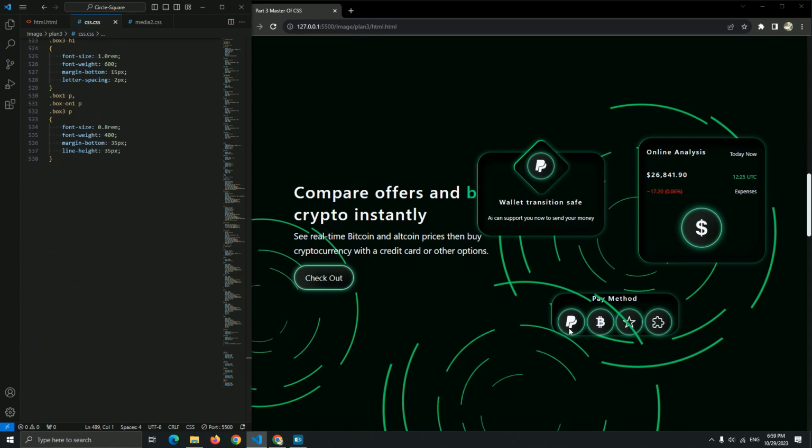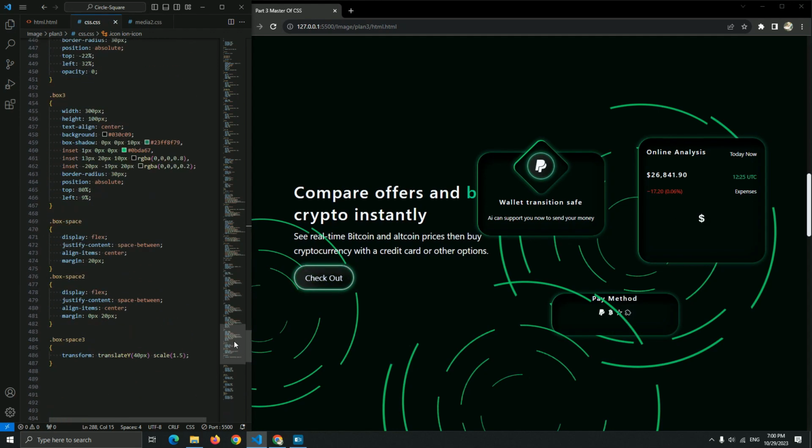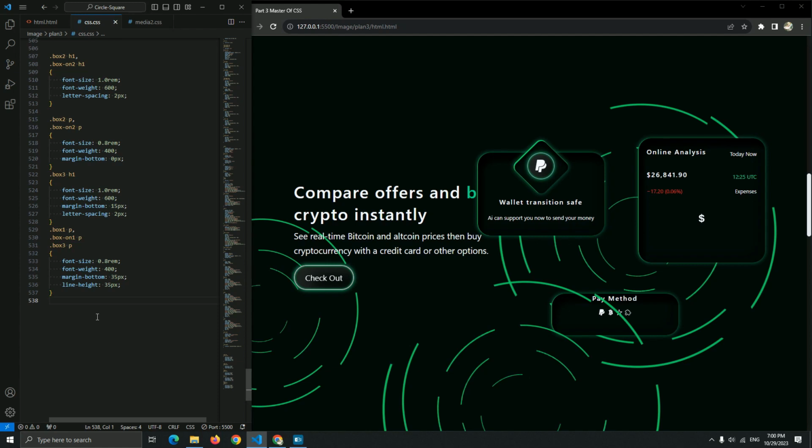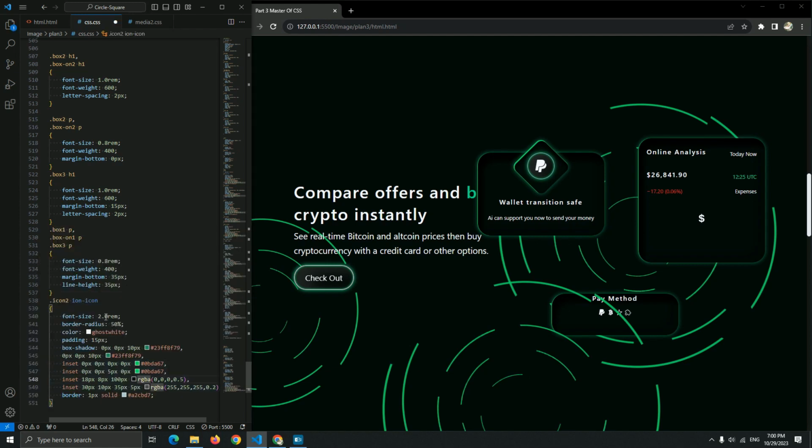Now let me change the font size for this icon, as you can see. So for this icon, ion icon, let me add it here. Or you know what, I think I added it here, ion icon. Yes, I added it here. I'm sorry, just delete it, we don't need it. Okay, and for this ion icon, let the font size be 1.5 rem.